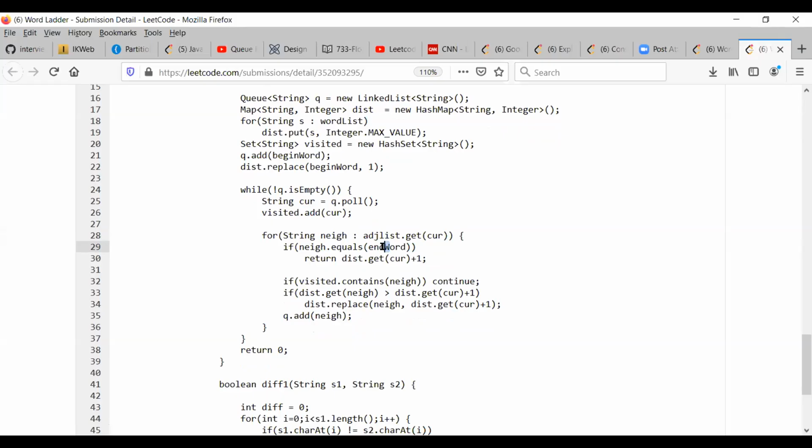Otherwise, if the distance of the neighbor is more than the parent plus 1, then only I replace that and add it here. So on line 29, when you are actually returning, you are returning inside the adjacency list for loop, right?